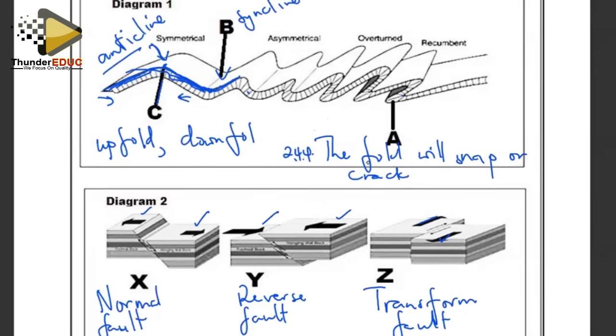Because if more and more force is applied, automatically we are seeing that there's a weakness here. And this fold is going to slide over here. And this one will also be moving such that at the end, we have a complete break here. They will develop a fault. And along that fault, with continued compression, this limb here is going to slide over this because of continued compressional